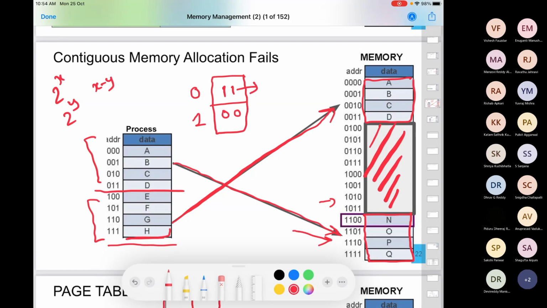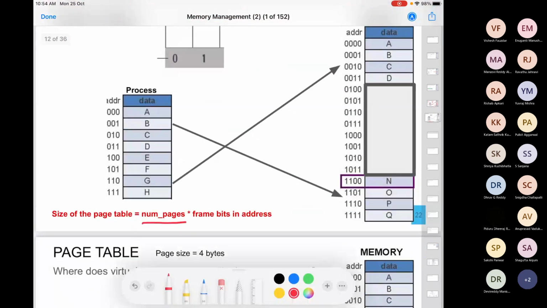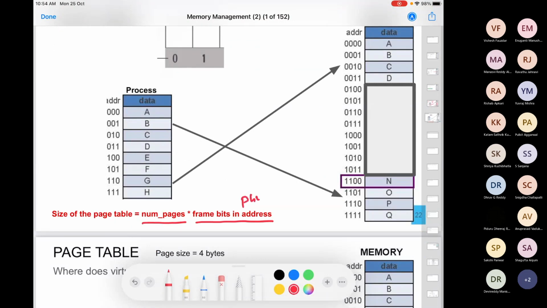So this tells me the size of each location in your page table. So the size of your page table now becomes the number of pages which you have, times the number of frame bits in each physical address. Okay.